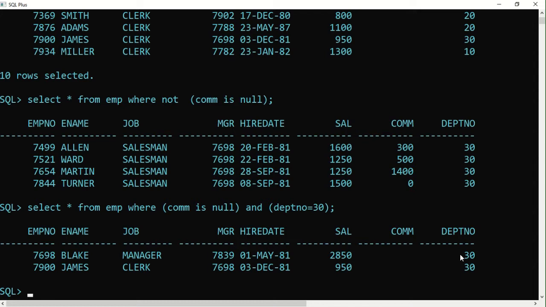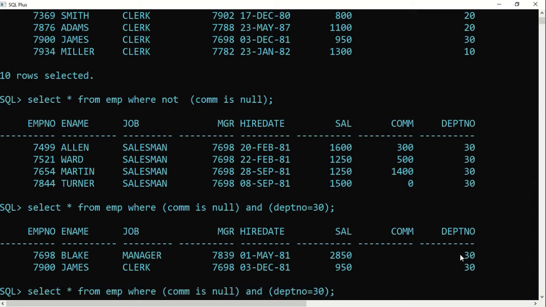Okay, let's take one more example. Suppose we say, who is the boss of this company? That means who has no manager at all. According to the condition, it should match the person or the employee who is not having any manager. Not having any manager is the boss of the company.